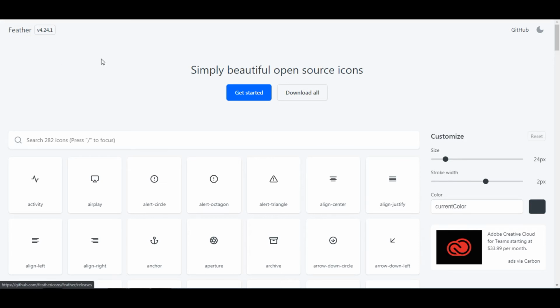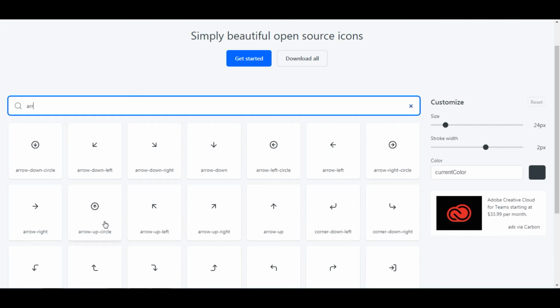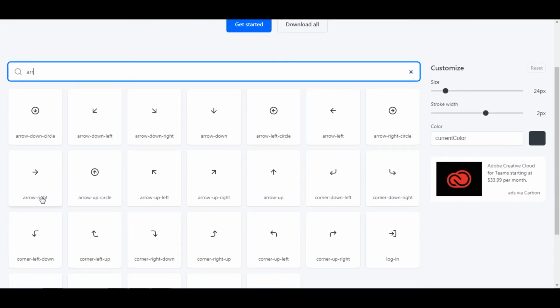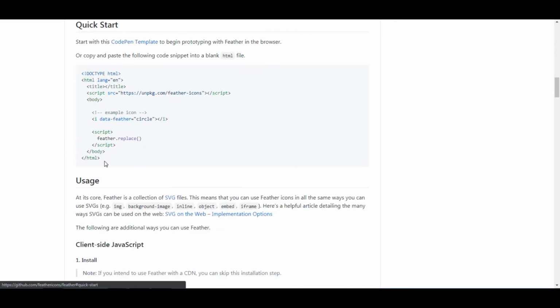I want the arrow here, arrow-right. Okay, so let's get started. I can see the quick start here, and you can see the link here. Copy and paste that link into the HTML.